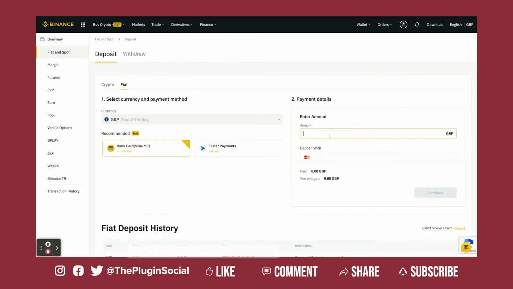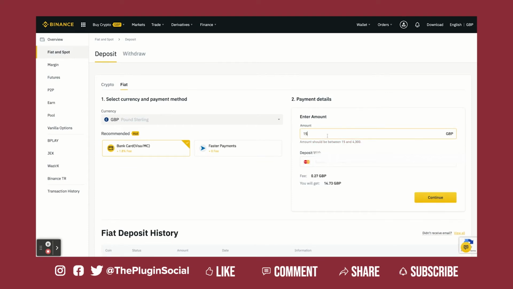So the next thing is going to ask you, how much do you want to deposit? Please also remember, as I said earlier, you must have completed your identity checks and all that before you can get to this point. So it's going to ask you, how much do you want to deposit? So if you say £10, it's not going to allow you, because the minimum deposit you can do is £15. And for me, because I've gone through a series of checks already, I can deposit up to £4,300. So if I click on next,